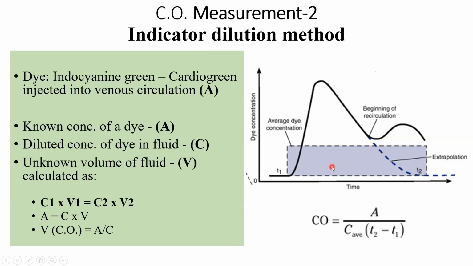So you need an averaged value of this dye in blood, and for that you have done all of this extrapolation so that you can get a good understanding of the area under the curve, which gives you the averaged value for the dye. And why are we harping about this diluted concentration or this area under the curve? Because this will reflect our cardiac output. This is where indirectly the dye got diluted by the moving blood. So how much did the blood move to dilute this finite amount of dye over time will reflect